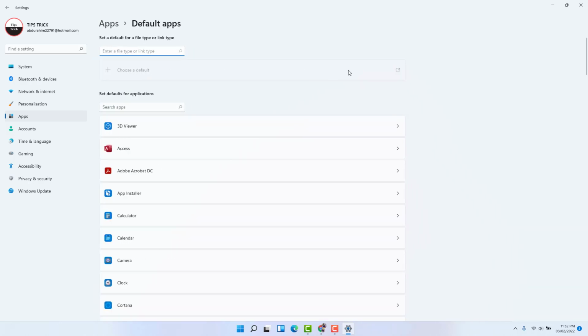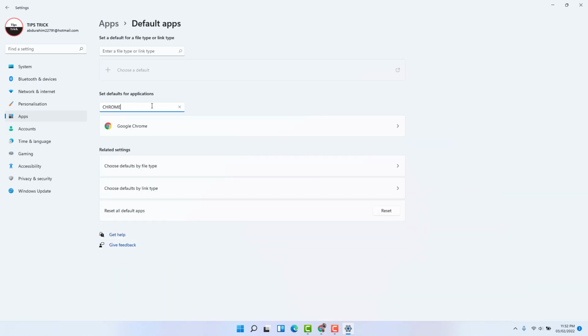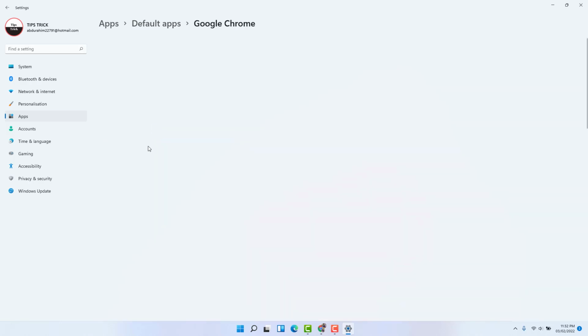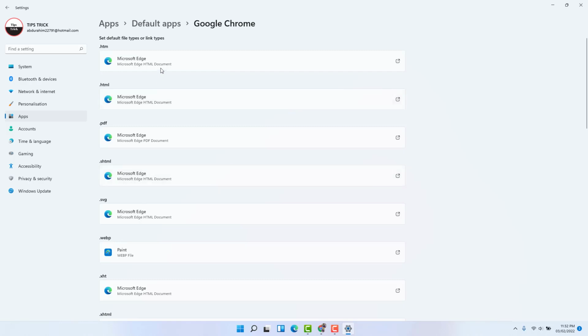After clicking on default apps, we're going to type the name of the browser here. For example, you can type Chrome. Let me type Chrome here, and then we're going to find Google Chrome. And now if you want to set Google Chrome as your default browser, you need to just